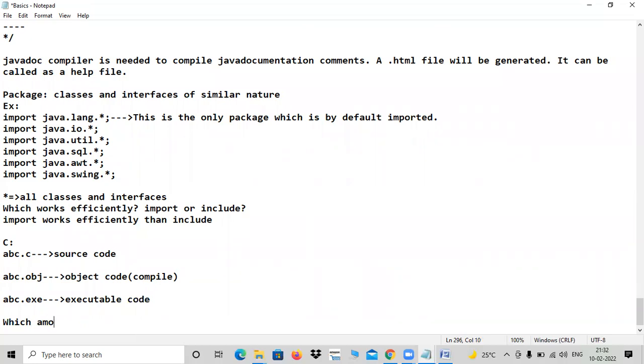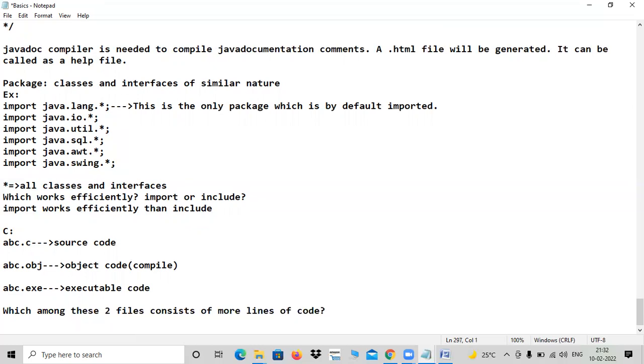Which among these two files consists of more lines of code is the question. .obj or .exe? .exe. Yes, because